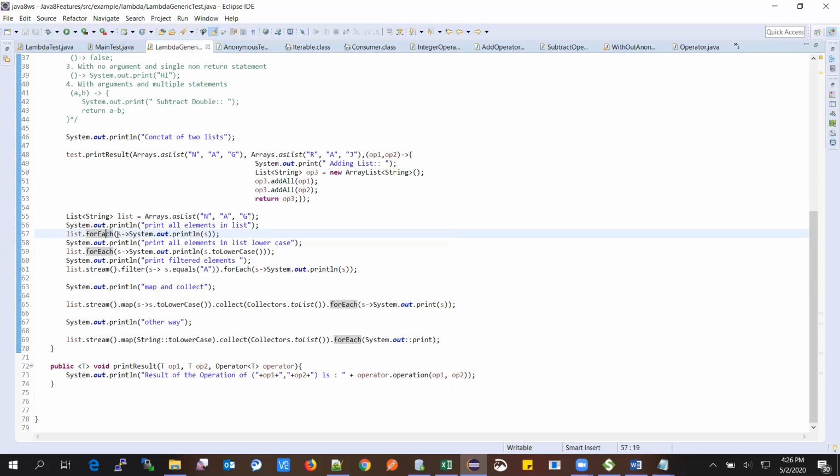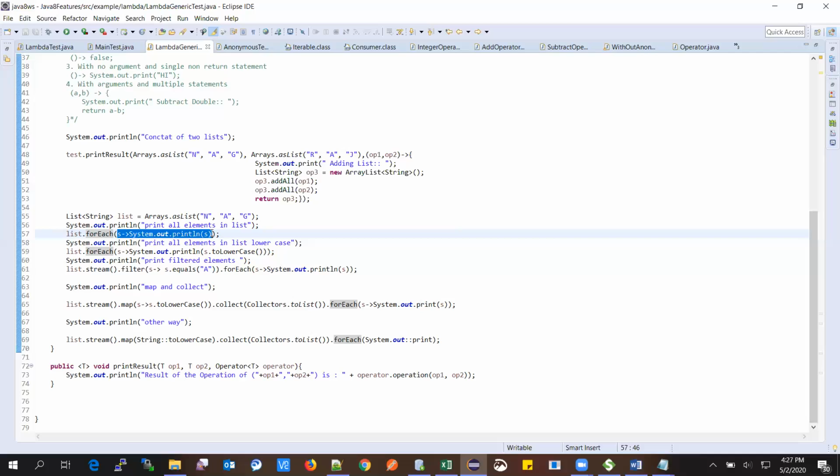So this is nothing but creating a consumer object, I mean, creating an implementation. What is happening inside these statements is that we are creating a class, creating an object for that class, and implementing the accept method of the consumer interface.